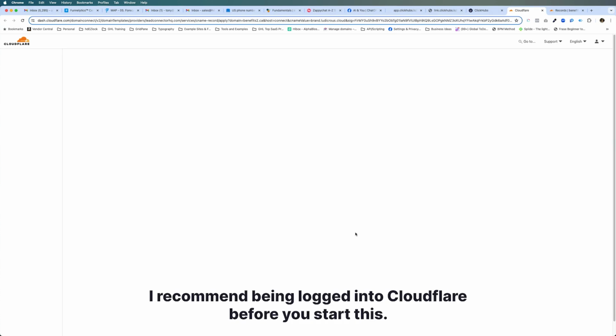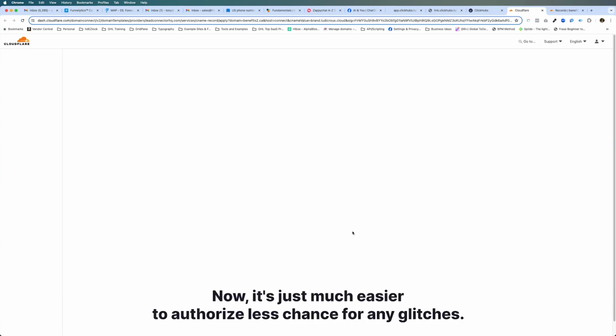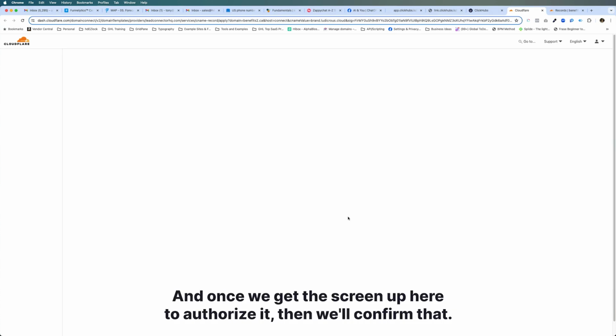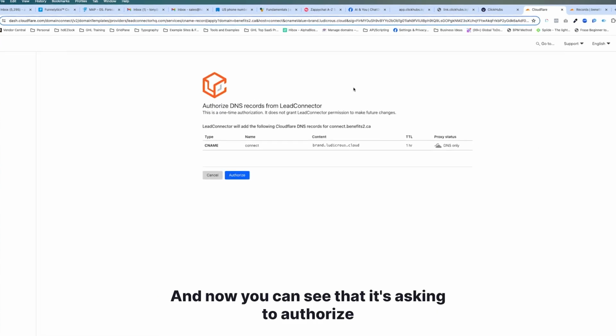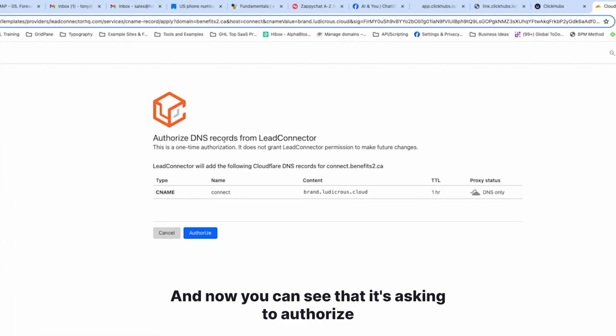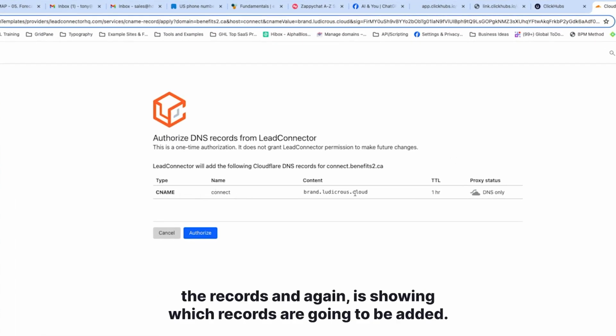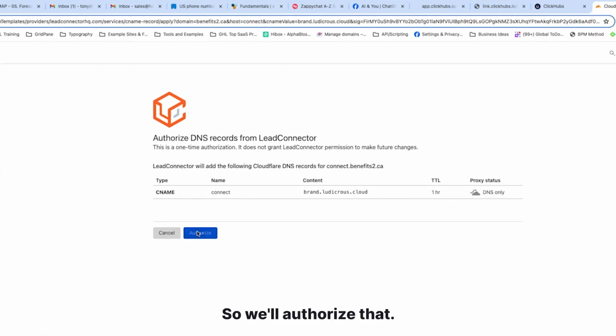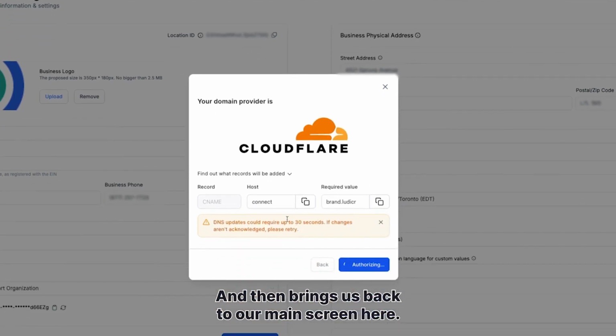I recommend being logged into Cloudflare before you start this. That way it's just much easier to authorize, less chance for any glitches. And once we get the screen up here to authorize it, then we'll confirm that. And now you can see that it's asking to authorize the records, and again it's showing which records are going to be added. So we'll authorize that, and then it brings us back to our main screen here, and it says